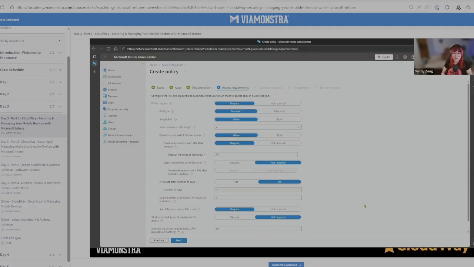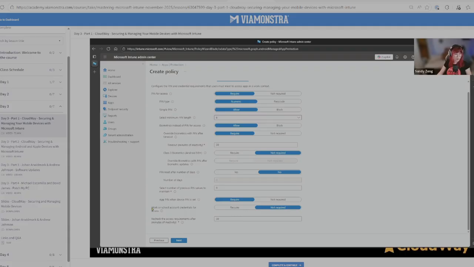After this page, we also have access requirements. It's how you allow your people to open the application itself and access the data. You can require, for example, a PIN code, with a minimum PIN length of 4 or maybe 6. I think 6 is preferable. Also, there's something else you can require, and this one you should be careful with. I have done this before, and I chose to require it, which means you need to log on